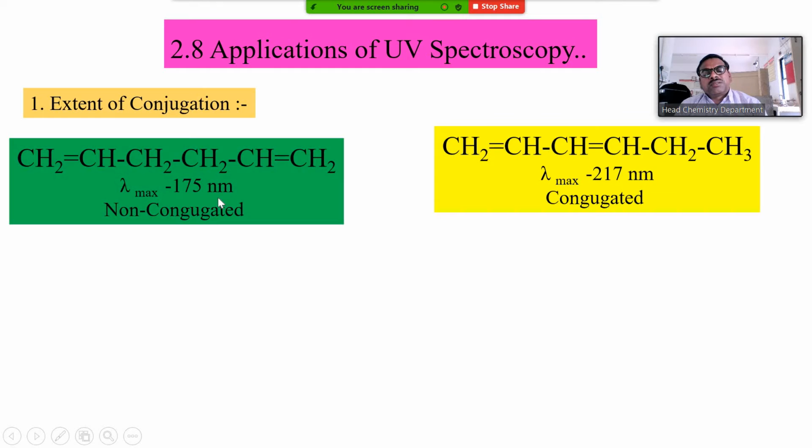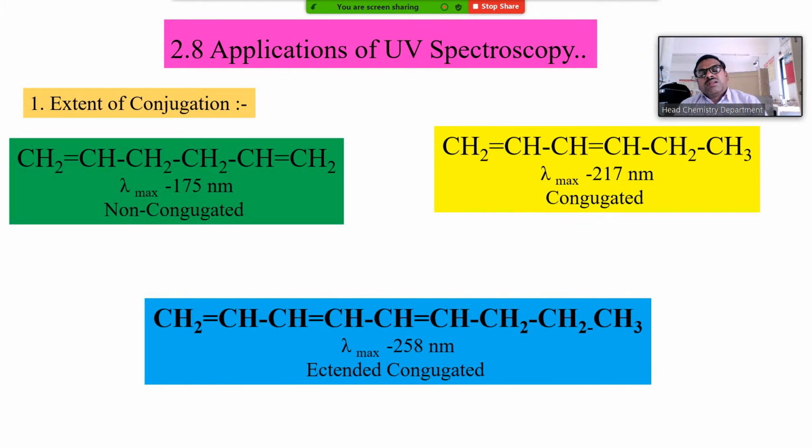But in the first case, if you look at that system, the conjugated double bond is not there. That double bond is isolated or non-conjugated. In that case, lambda max is 175, but in this case, it is 217 nanometer. What does it indicate? That the compound contains conjugation, or can have a conjugated system. Look at another system that explains well the extended conjugation.